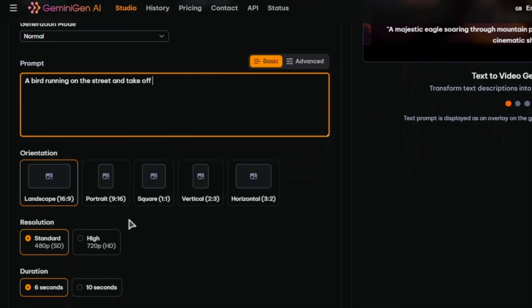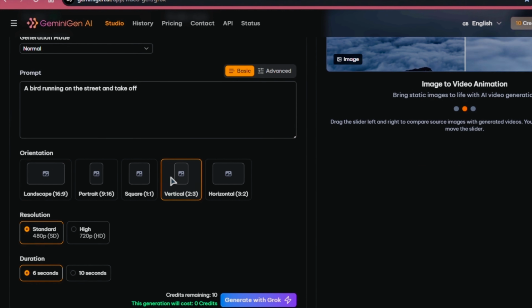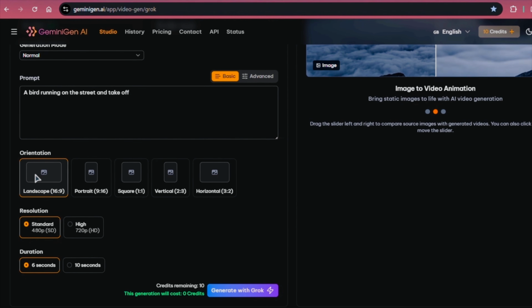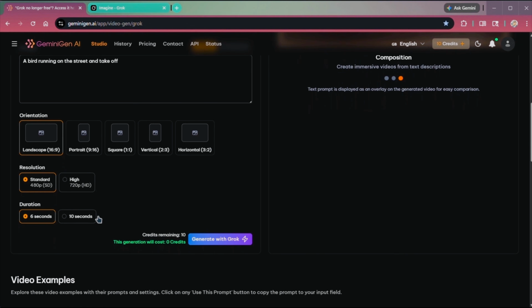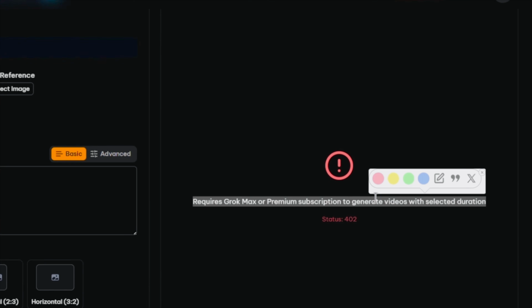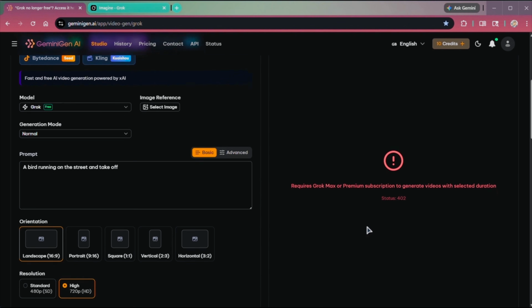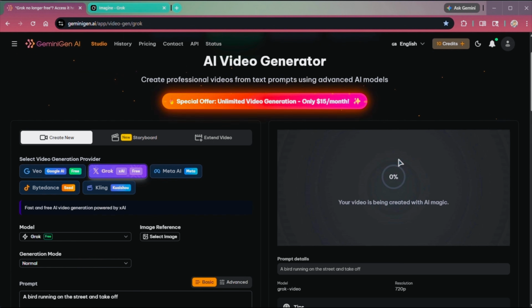Then choose your aspect ratio. Now here comes the important part. Some models on this platform only stay free if you use a specific quality and duration combination. So if you choose the wrong quality or the wrong duration, you may get an error or see that message that credits are required. That doesn't mean the model isn't free. It usually means your settings are not matching the free configuration. If one version throws an error, try lowering the duration slightly or switching to the quality settings that still show 0 credit cost.